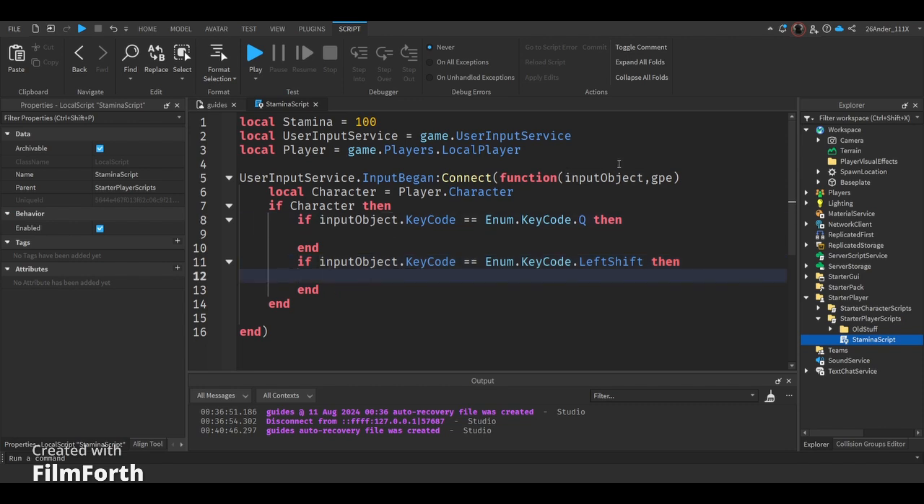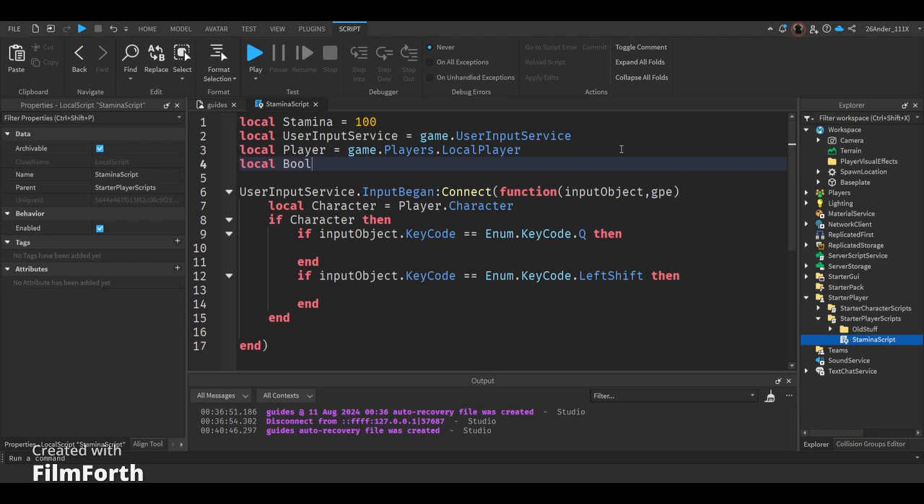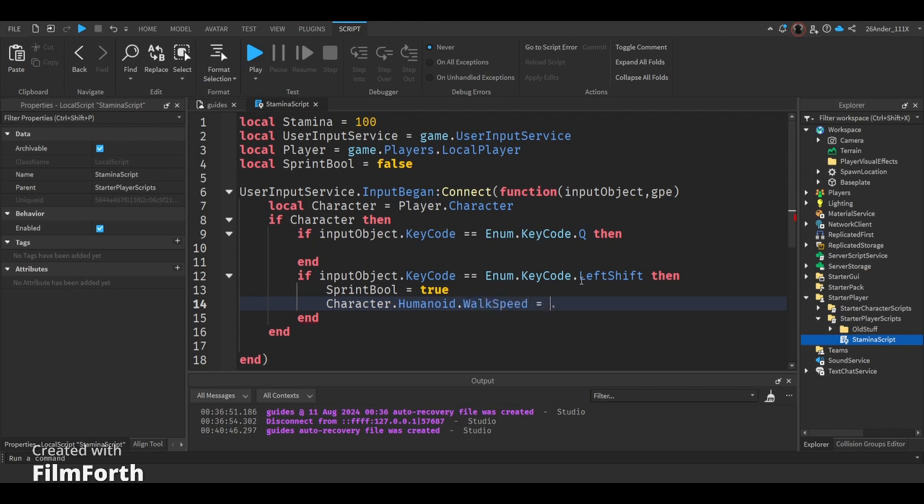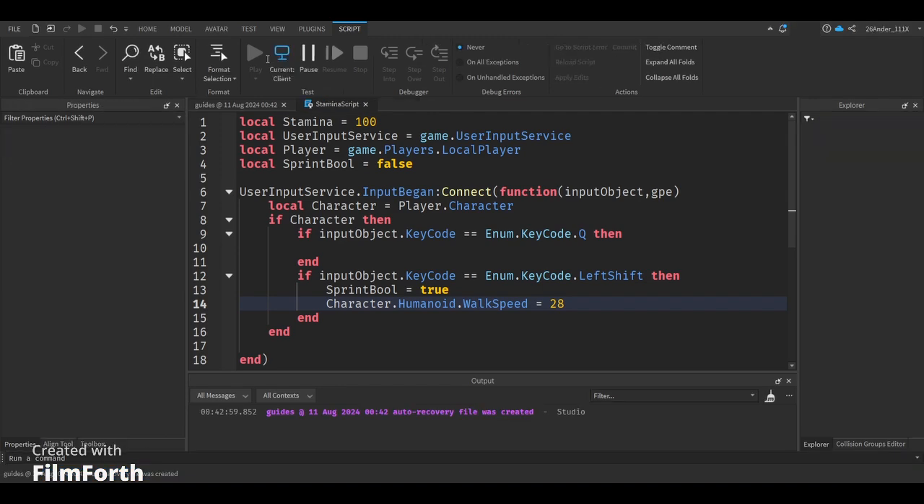Next, we need to have a boolean value for if we're sprinting or not. I'm going to call this local sprintBool equal false. So when we press our left shift key, it will make sprintBool true and make our character model faster. So now if I test this out,